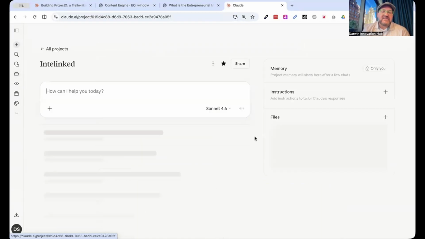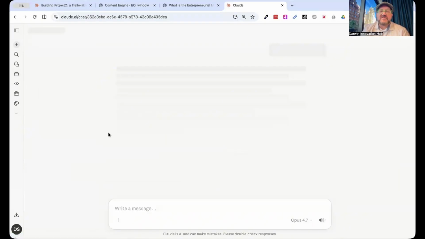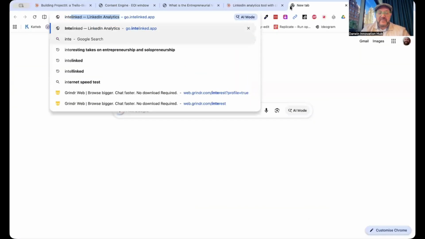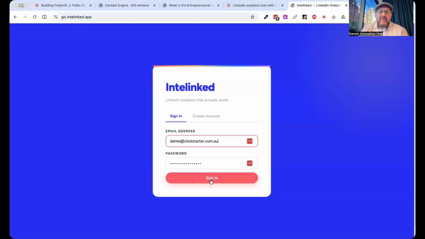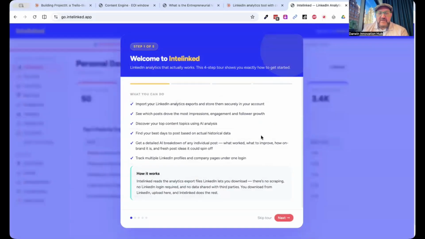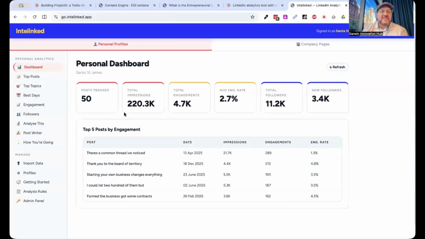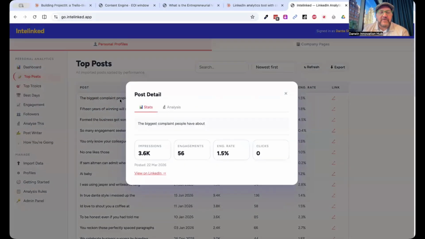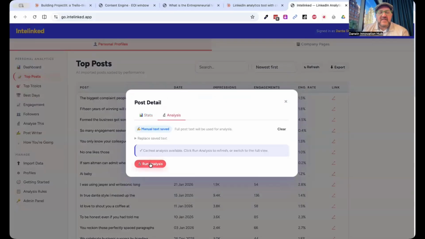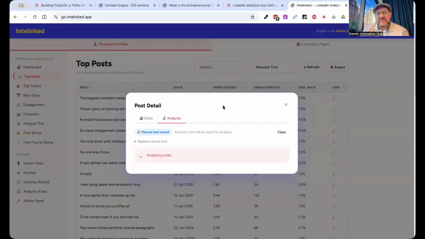Interlinked is another project I did, which was an earlier thing that I was doing. Here it is, Interlinked. This looks at my most highly, go in here, I'll show you. So it's actually looking at the posts that I do on LinkedIn and tracks them, looks at my top posts. I can click on the top post, do an analysis, and it'll tell me what worked about that top post. So it'll do a very quick analysis on there to say, here's what worked, here's what didn't work,